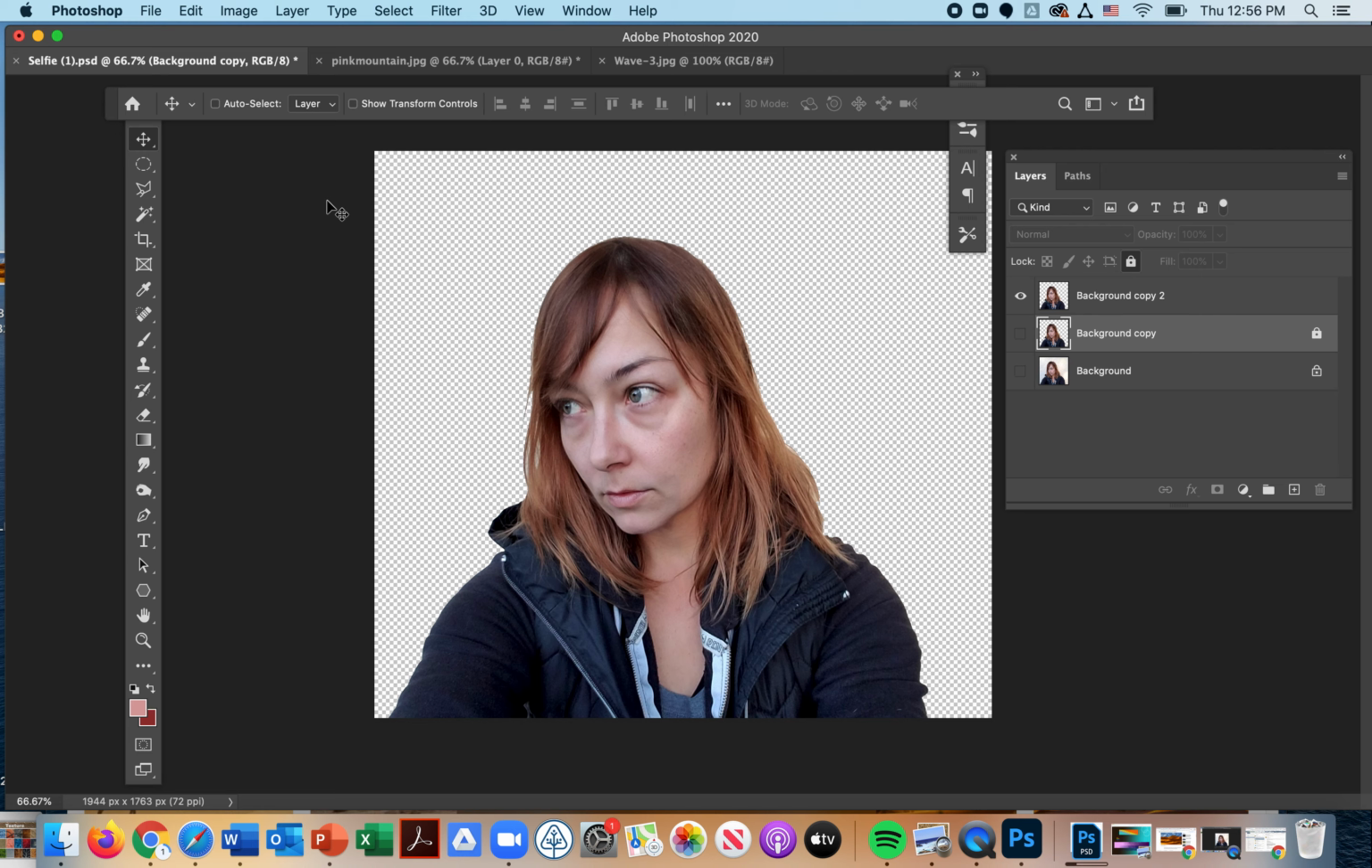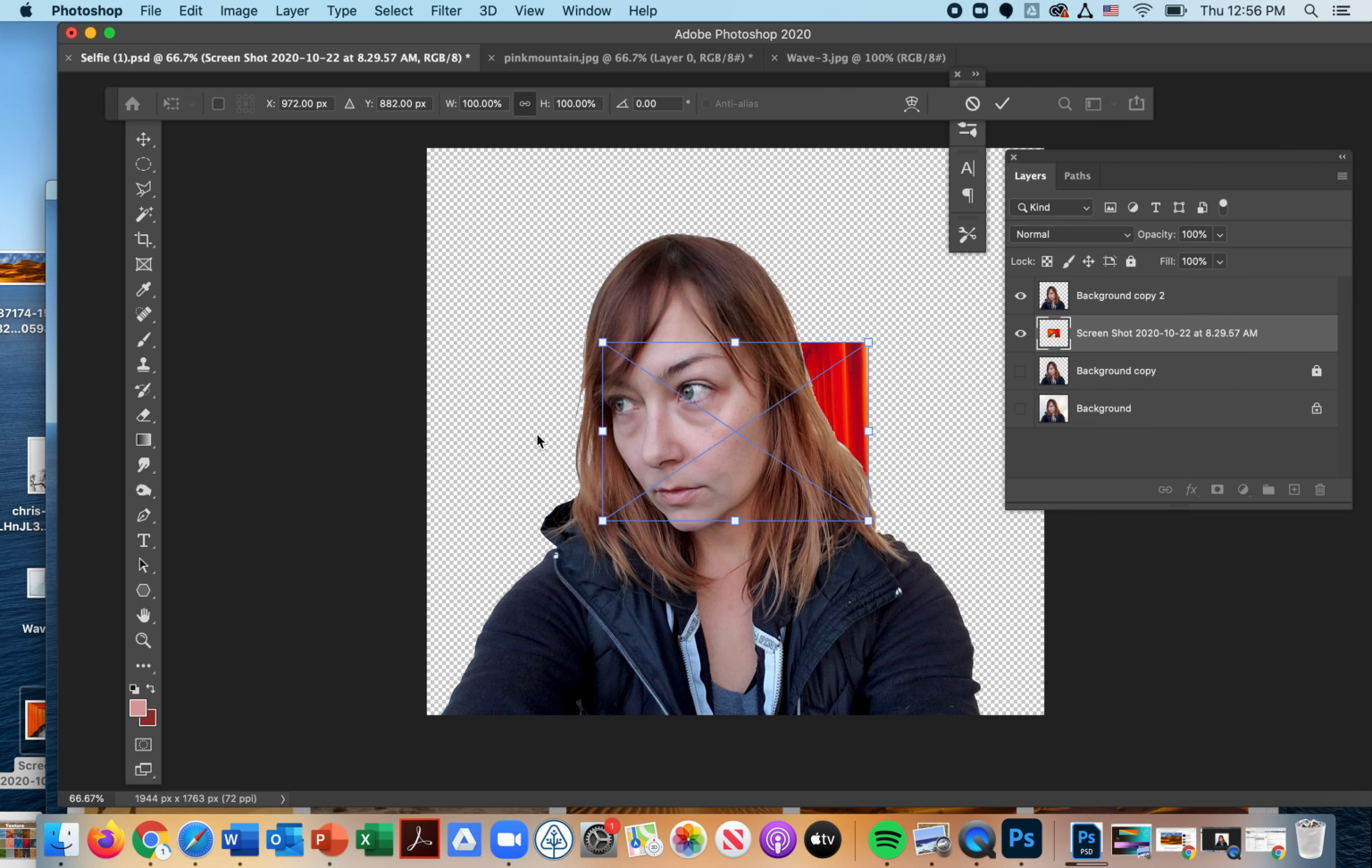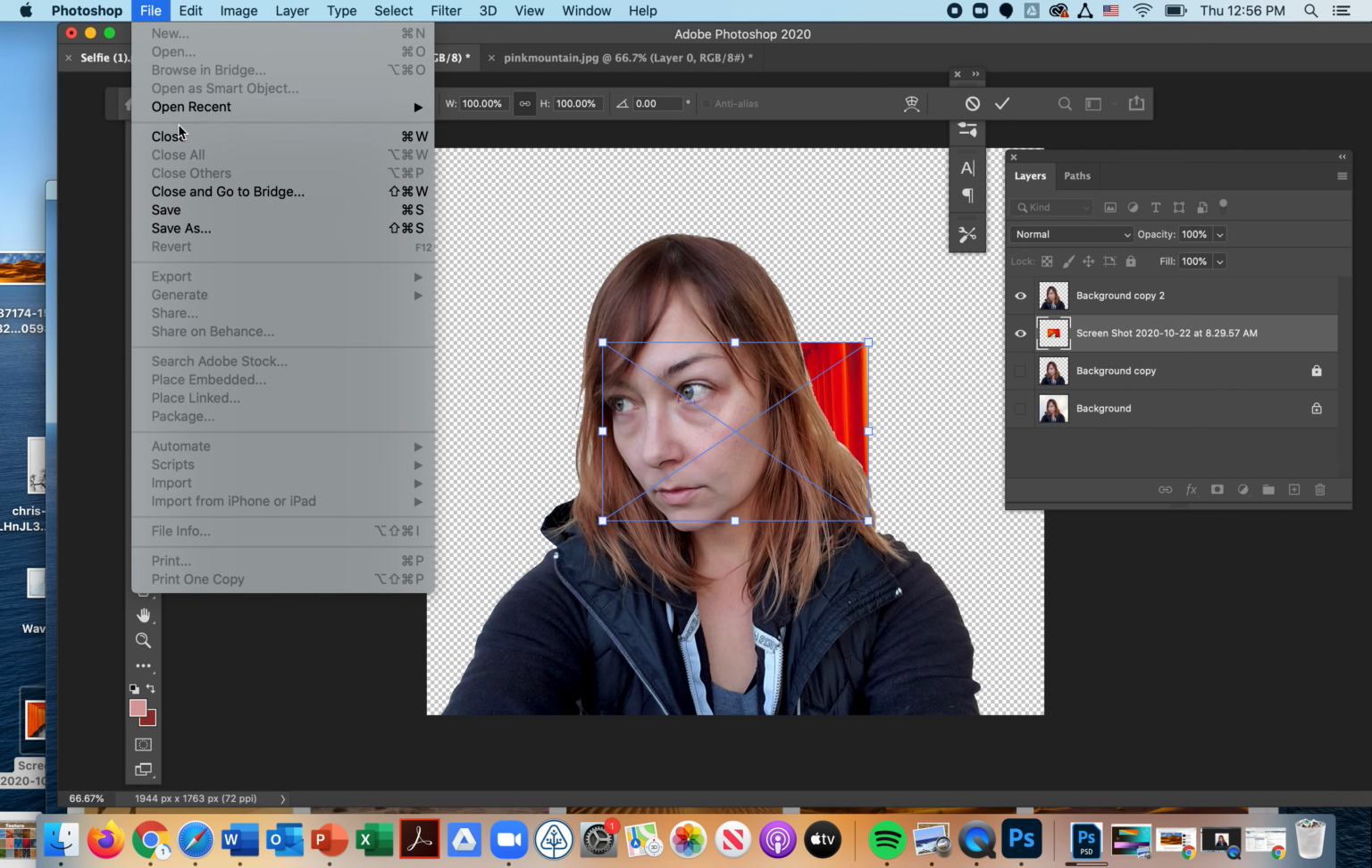Using my selection tool, I've taken away the background. Our next step is to insert a texture on top. So I have several options. You can drag and drop it. You can also, if that doesn't work for you, you can go to File and